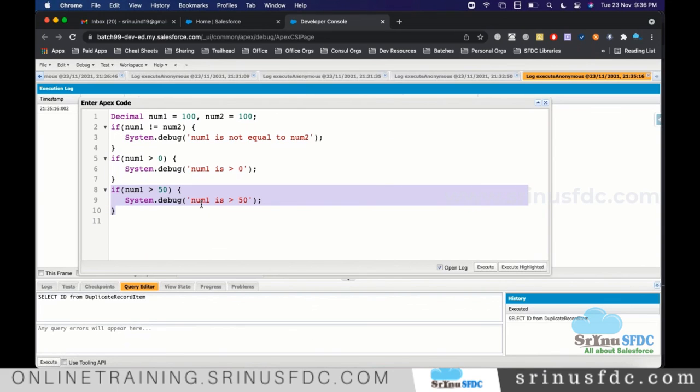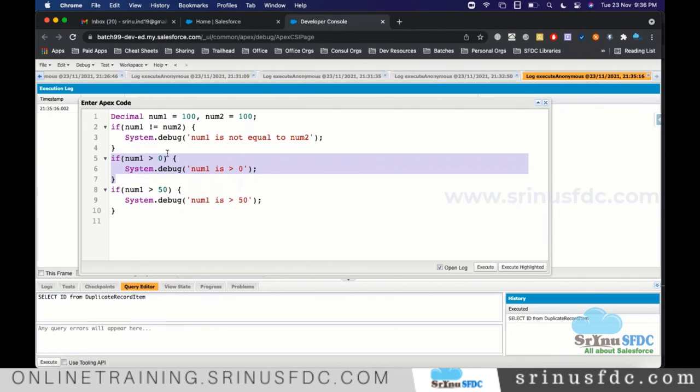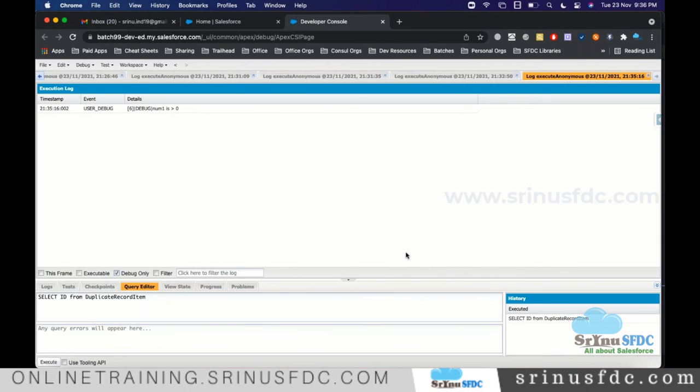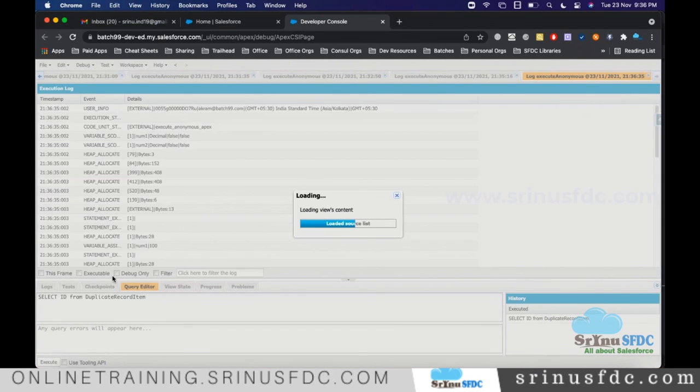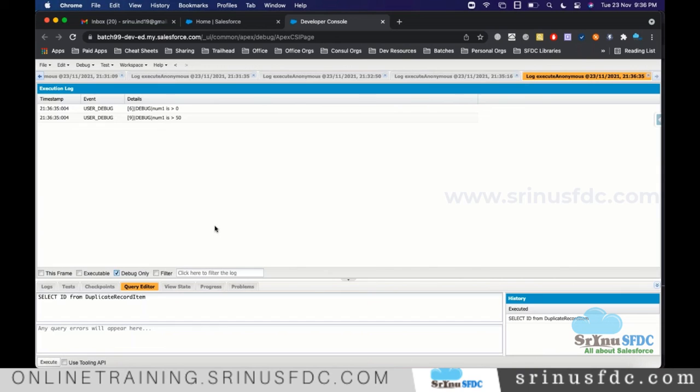So when you really have a situation to check another condition irrespective of whether one condition is satisfied or not, we give like this. Now in the result you'll see two things: number one is greater than 0 and number one is greater than 50. When you write like this, people say this is an if series, a series of if statements one after another.